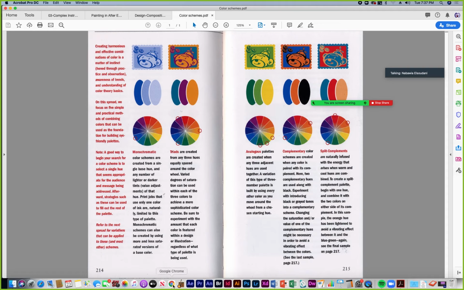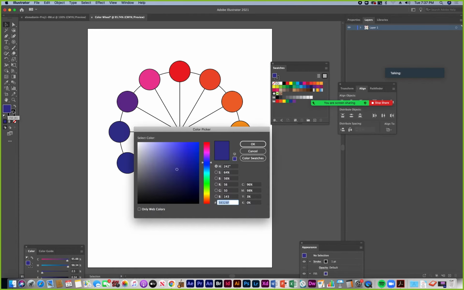So you choose a hue to work with, like let's say I want green. And then you can vary that green. You can choose all different kinds of pale greens or tones of the green or shades of the green, like a deep forest green versus a lime green. You can choose all different greens.